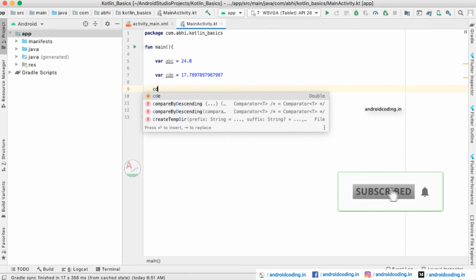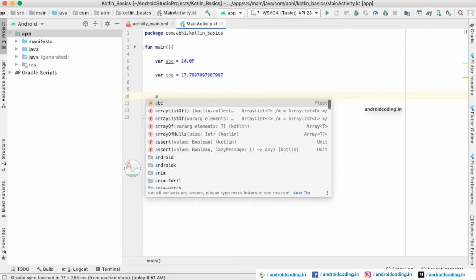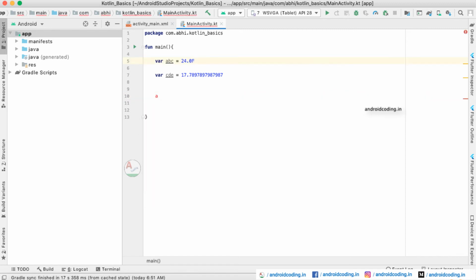So now we have two types of declarations in floating point numbers. Here we want abc to be a float. If you want it to be recognized as float, you need to specifically add an f after the value. Now let us see the data type of abc. It is float, and cde is the same as double. Using type inference, we are automatically detecting the data type of a variable. When you compare these two variables, one is accepted just like a double, but you want to specifically say that it is a floating point number, so we are adding an f to the value.